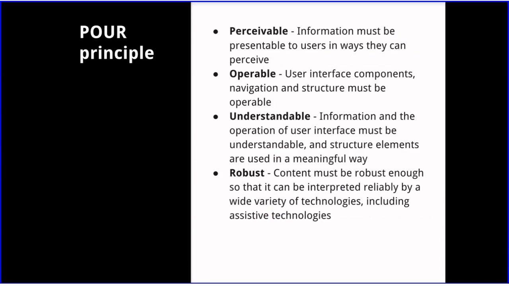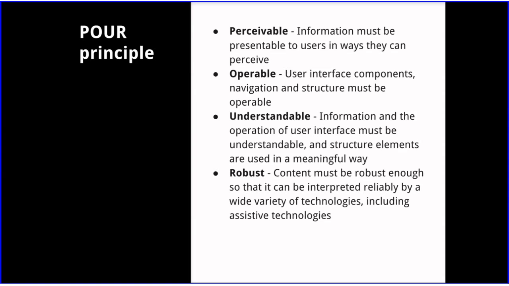When we look at how WCAG 2 is designed, and what we think about when we talk about accessibility online, it really stems from the POUR principle. Perceivable, operable, understandable, and robust. So information, it's perceivable